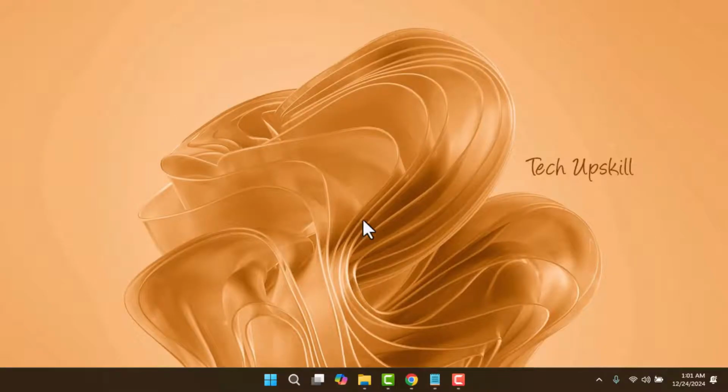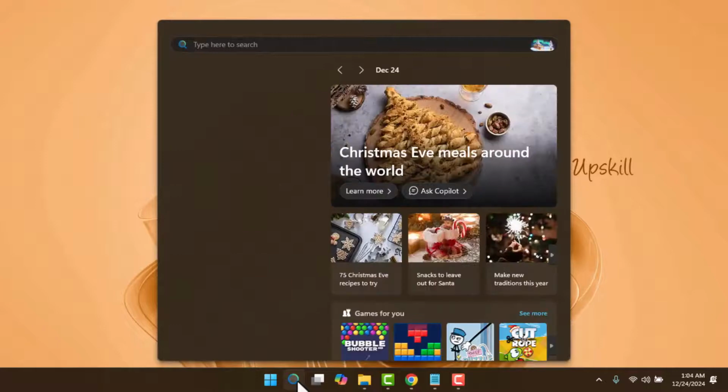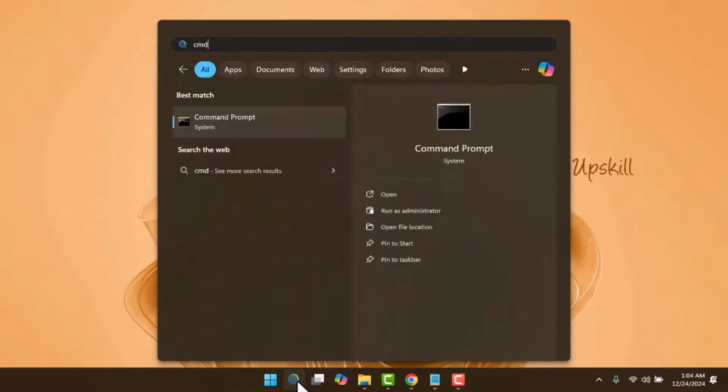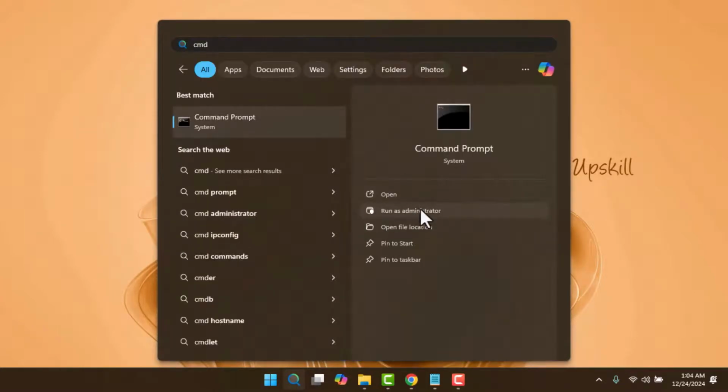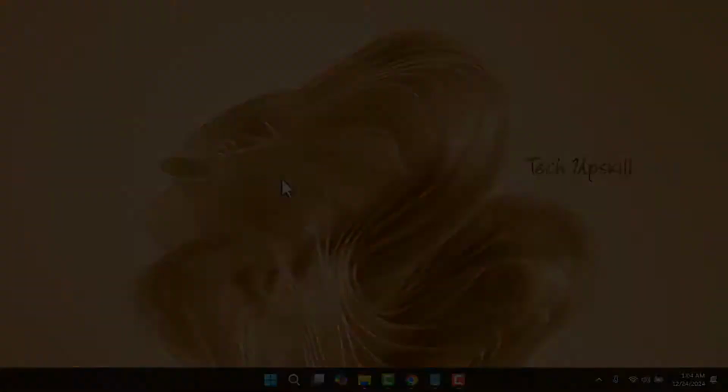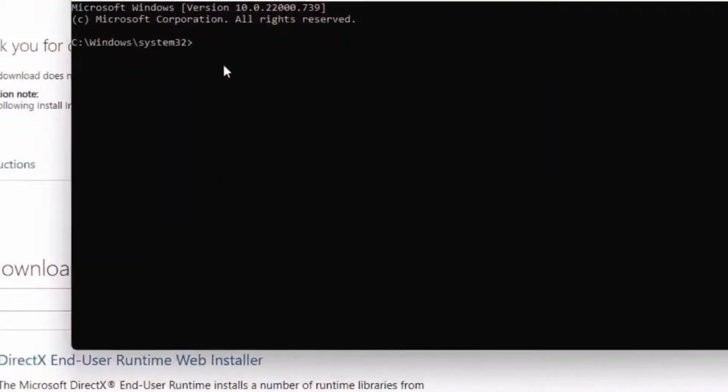Re-register the shinput1_3.dll file. After installing DirectX, the next step is to re-register the shinput1_3.dll file. Open Command Prompt as an administrator by searching for CMD in the Windows search bar, then right-clicking and choosing Run as Administrator. In the black Command Prompt window, copy the command provided in the description, paste it, and